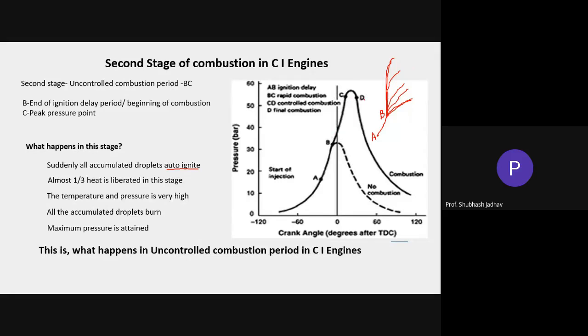How it is moving up, we are not in control of that. Why? It depends on how much fuel is going to be accumulated in the period A to B, and therefore it is called the uncontrolled combustion period or rapid